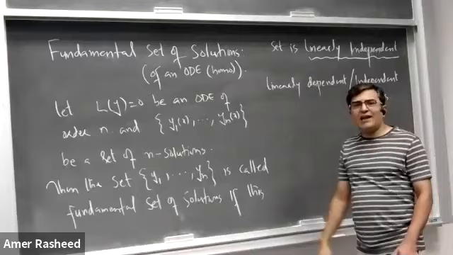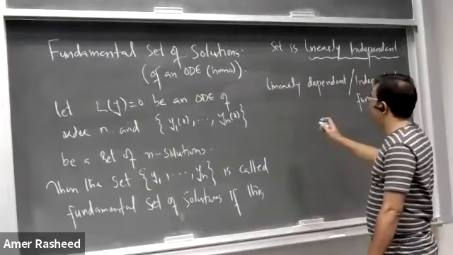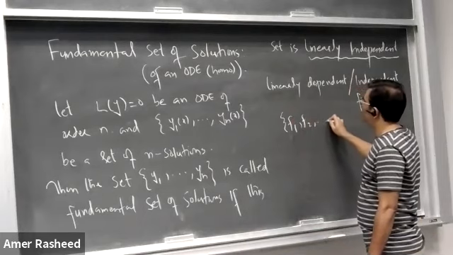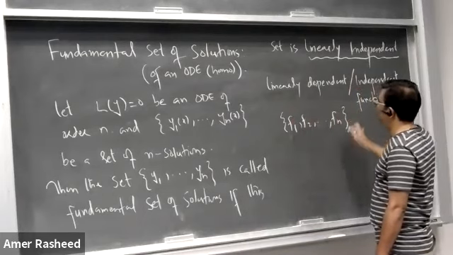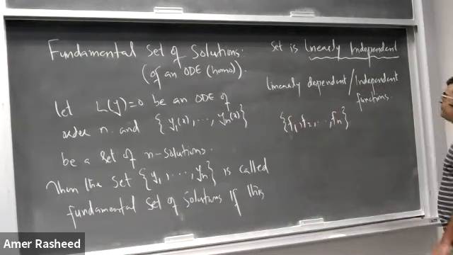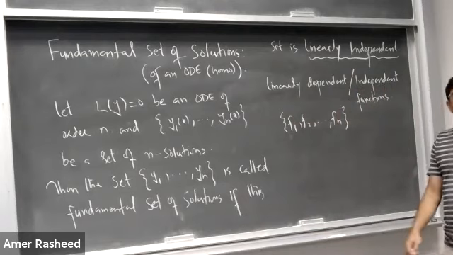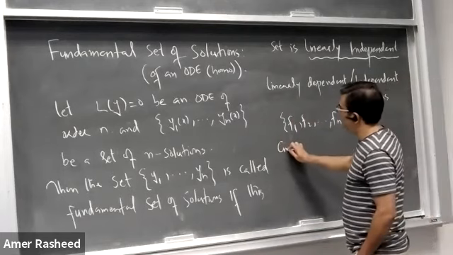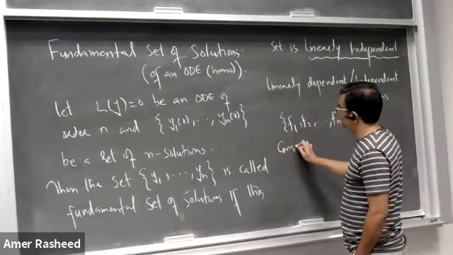If we have a set of n functions, maybe f1, f2, and so on, fn, and we have to prove whether they are linearly independent or dependent, then we consider the following expression: